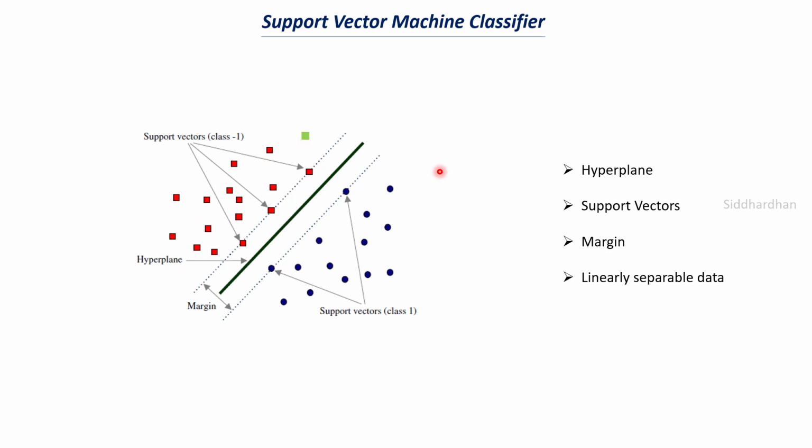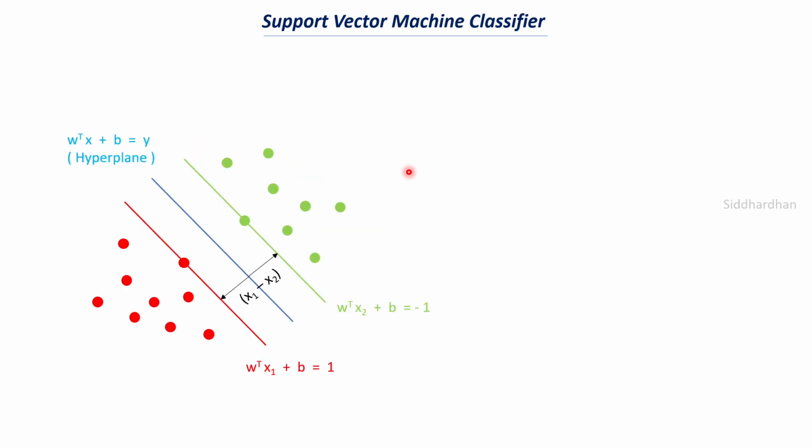It tries to find among which group of data the new data point falls in, and using that it can classify the data point as class 1 or class 2. So this is how a simple support vector machine classifier works. We have already seen the math behind this. If we call x1 minus x2 our margin distance, these are the equations of our lines. This blue colored line represents our hyperplane, and this is the equation of our hyperplane, where w is our weight and b is the bias.